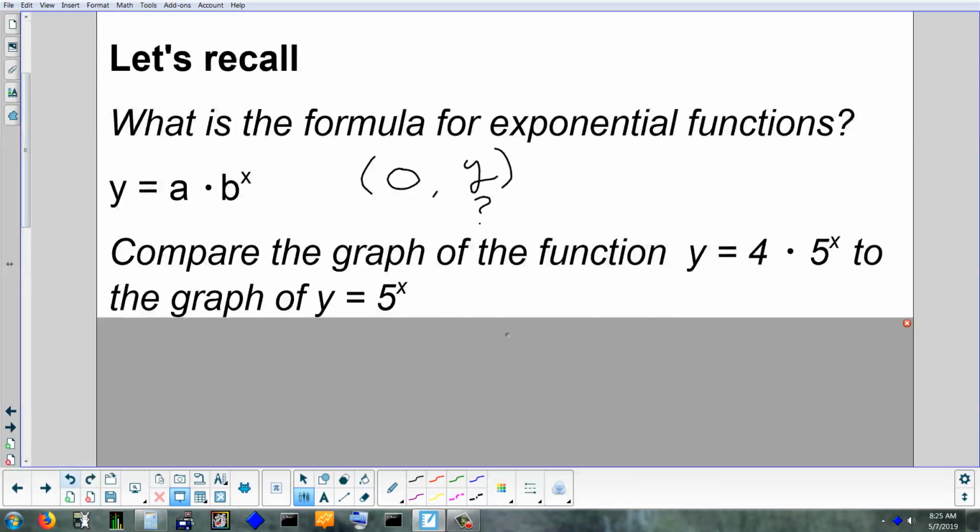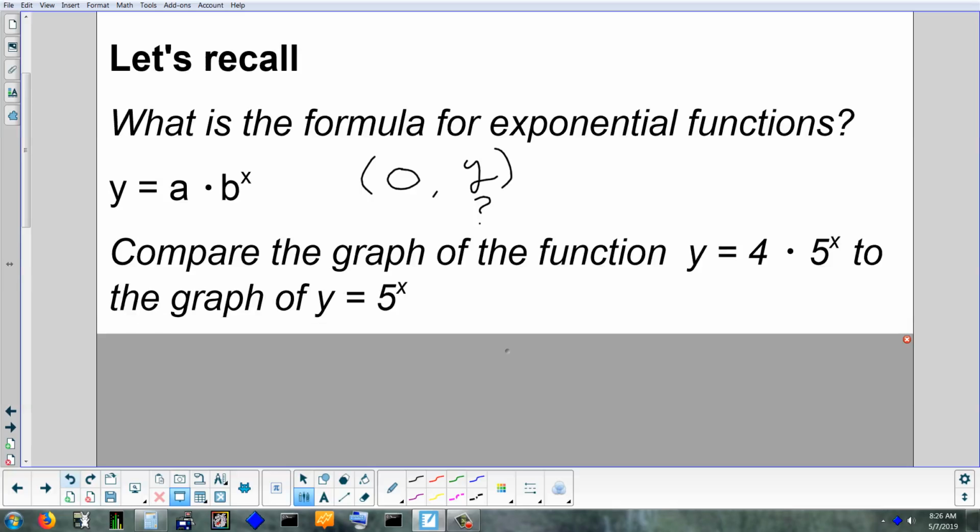Yeah? Exactly. Very good. That's your y-intercept. So basically, whatever your y-intercept is, that's your a value. It's where it crosses the y-axis. Good. So from the warm-up, we're going to compare y equals 4 times 5 to the x and y equals